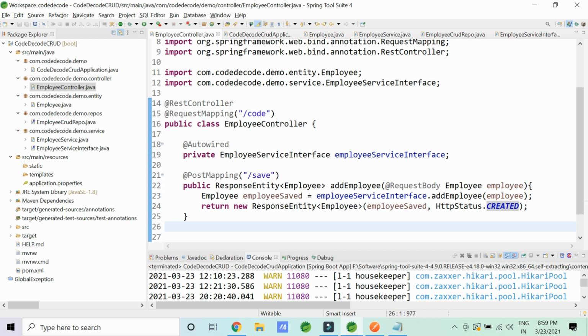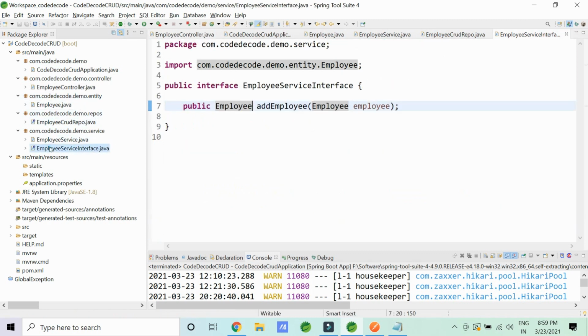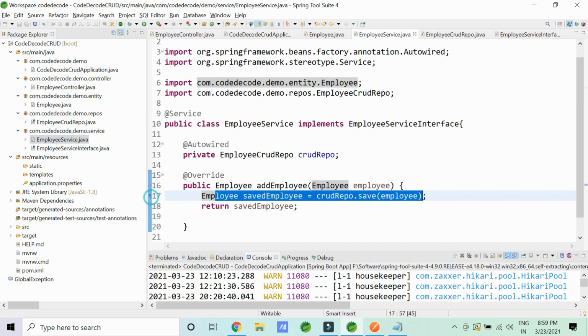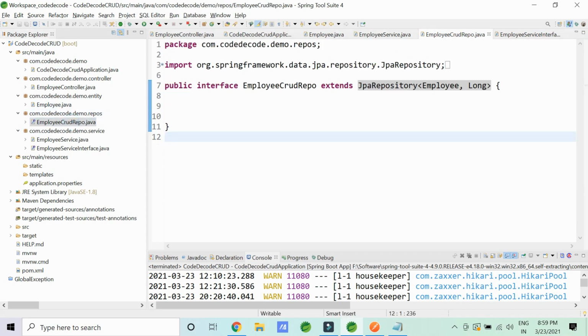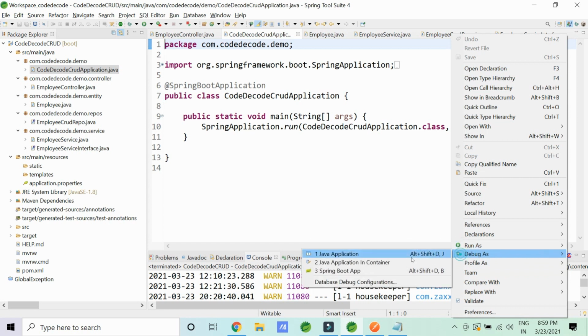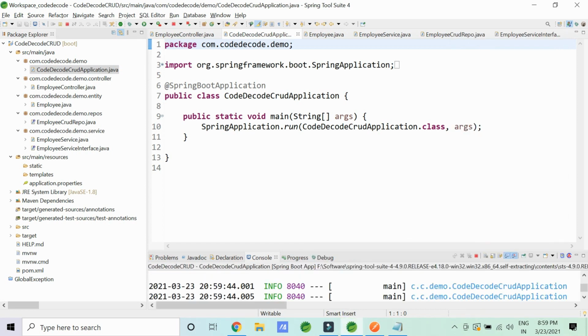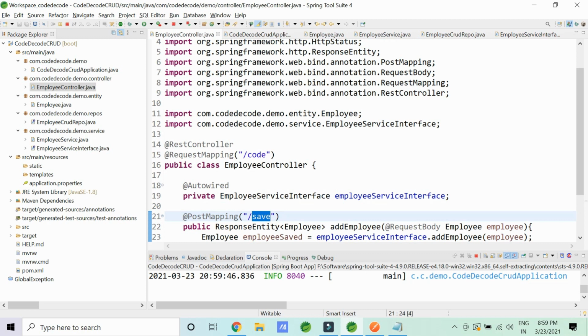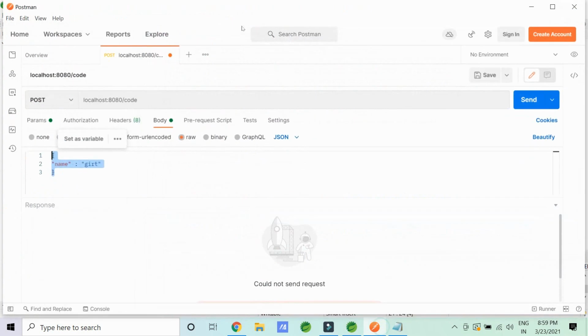So this is how I complete my controller part. This is how I've completed my service interface. This is how I completely saved everything into this. Now let me quickly see if this particular thing is working for me or not. So what's the procedure? Right click, debug as my Spring Boot app. So let me quickly see if even my request reaches this controller. So my URL will become what? My URL will become localhost 8080, where it is working, /code/save. So I have this /save.